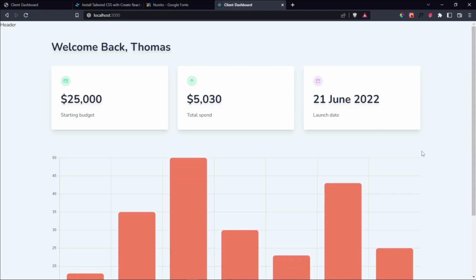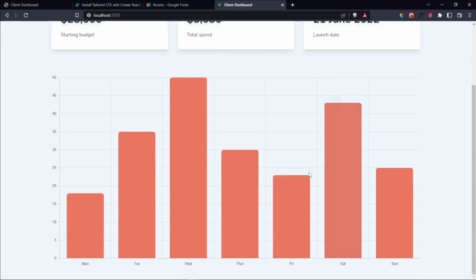And okay, there we go. Took a while to load in, but you can see that this is what we're going to have for our bar chart. And that's looking quite nice, if I do say so myself, except that now I need this to have a white